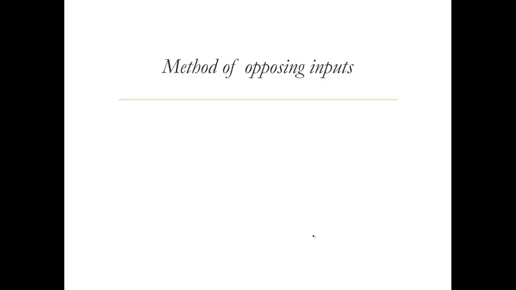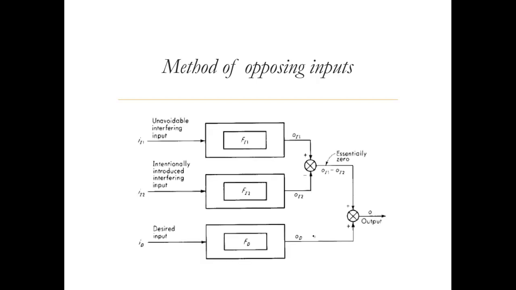All right. So now another method, the last method, is the method of opposing inputs. It's similar to the method of input corrections, where you try to measure the corrections that need to be put in, and then you adjust them accordingly. But this method of opposing inputs is more scientific, and you can design systems so that they automatically adjust, rather than manually measuring and then correcting. You can create systems in such a way that they automatically take care of the modifying and the interfering inputs.